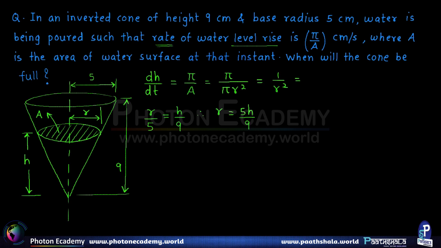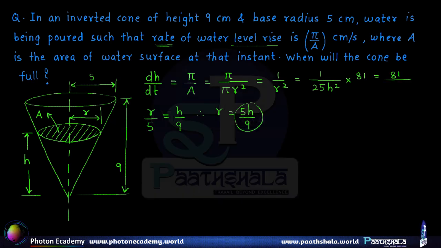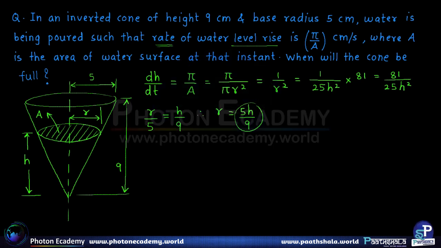Okay. So therefore here we get 1 upon r square is nothing but 5h upon 9 the whole square. So that becomes 25h square upon 81. So we can just write it as 81 upon 25h square. So therefore we have got dh by dt to be equal to 81 upon 25h square. Clearly this is a differential equation of the type variable separable, right? So let us write it again. dh by dt is equal to 81 upon